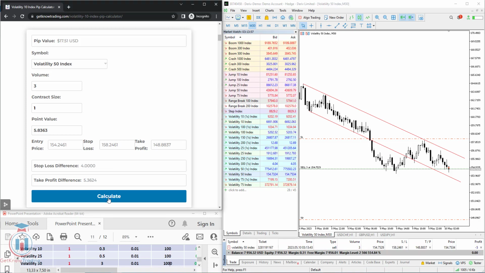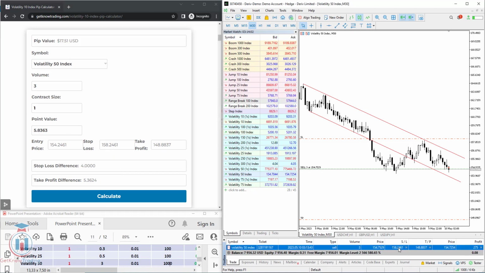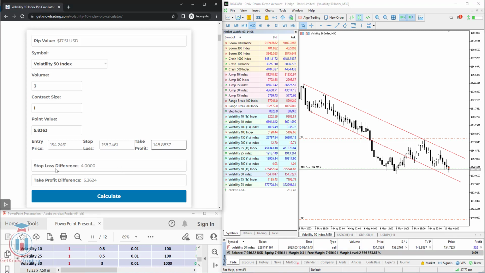154.2461. Click calculate. The stop loss is the same, and the take profit is the same. So you can see that the stop loss difference is 4 and the take profit difference is 5.3. So when you copy this one here, calculate, you get that the stop loss would be $12. If you go here to the chart, go with your mouse over this one, and you can see that the profit would be